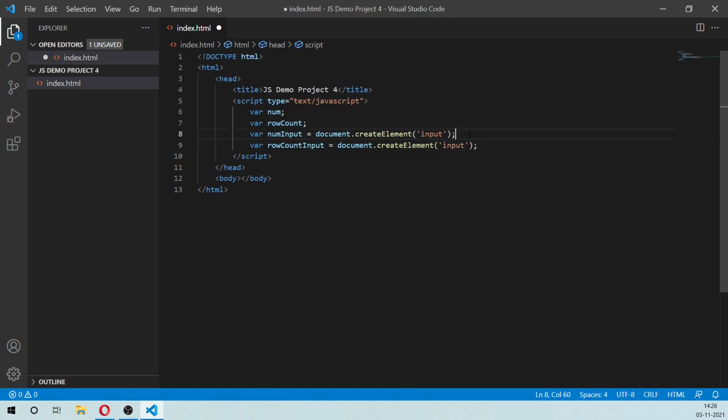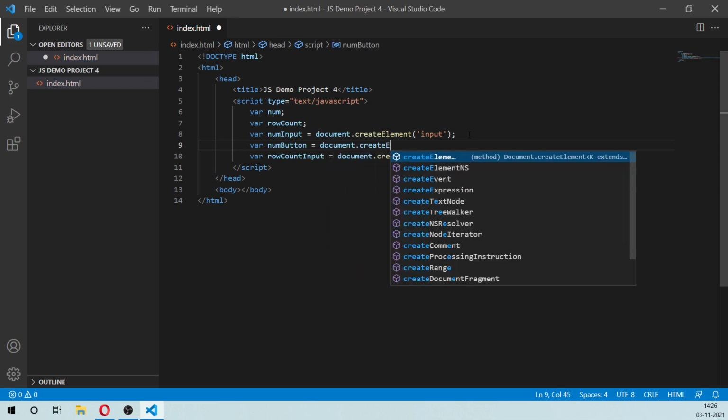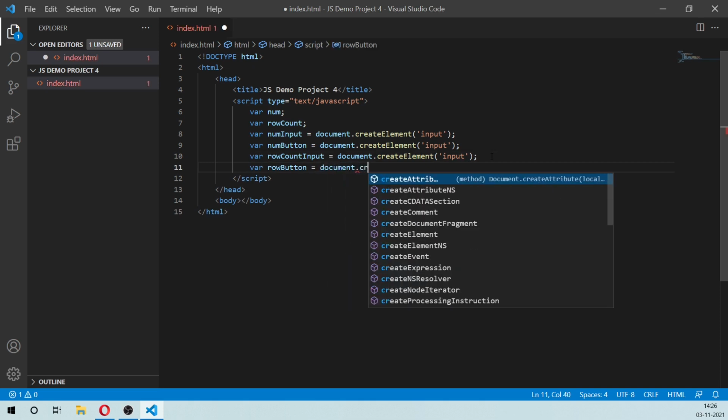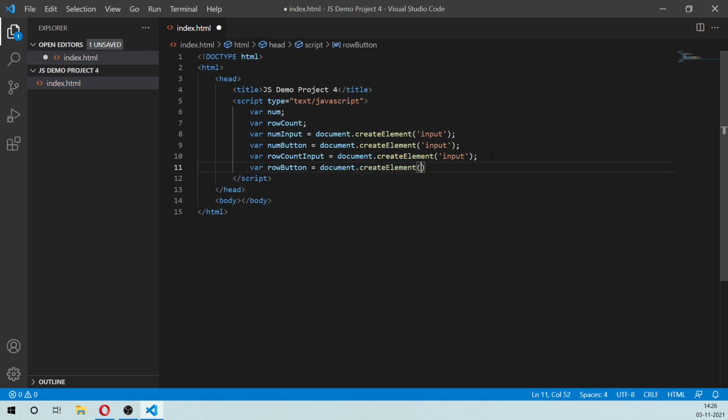We'll also create buttons for these two. We'll also create the same for the row. This should be a button. Okay, so we've created these.